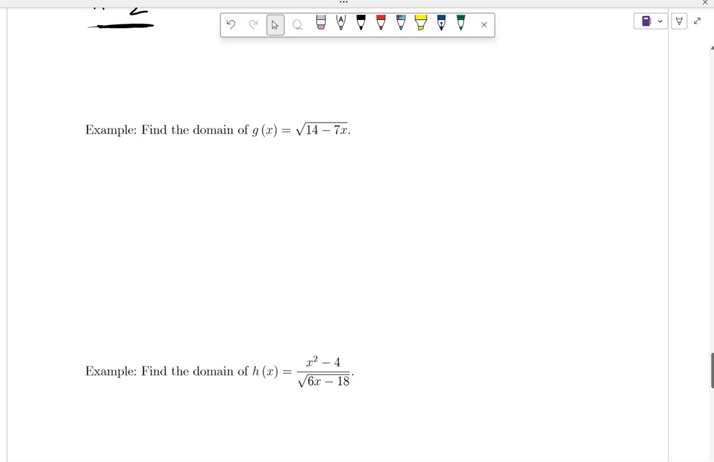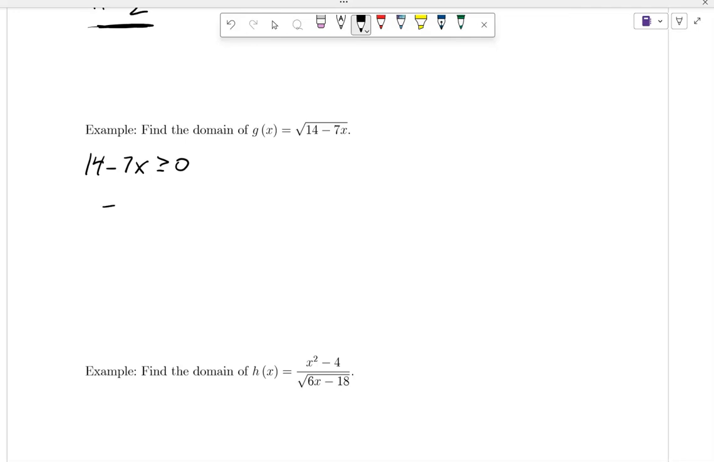We've got g of x equals square root of 14 minus 7x. What can go bad here? A negative under the radical, right? We don't want a negative under the radical. Right? Okay. So we want that 14 minus 7x to be greater than or equal to 0. That's what we want. That's what we need in order to be in the domain. So if I want to solve for x here,